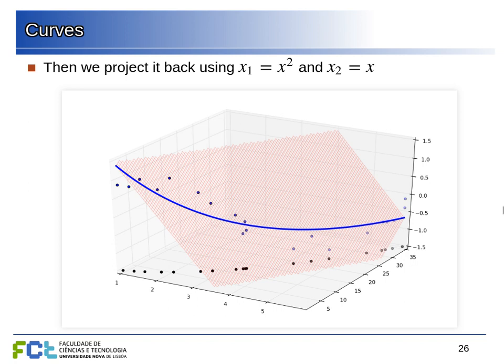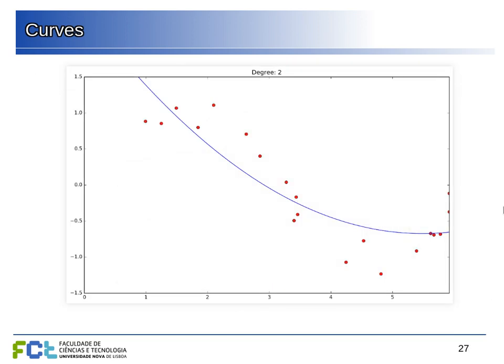And when we go back to the original dimensions, where we only have x and y, then this now represents a curve. So you see, we can generalize this. We can go to 4 dimensions, 6 dimensions, whatever we want. And this is basically the same as fitting a polynomial curve.